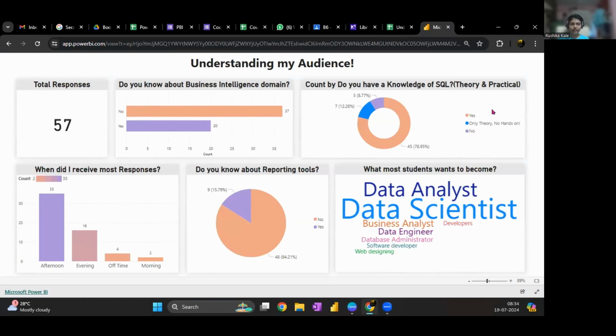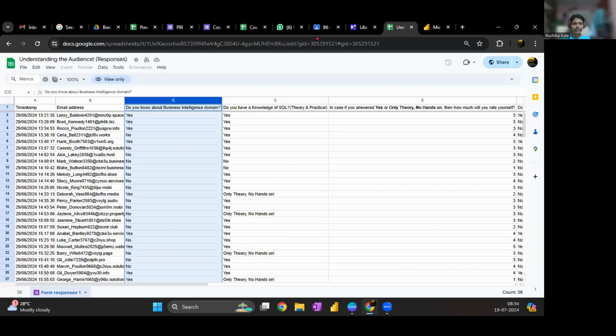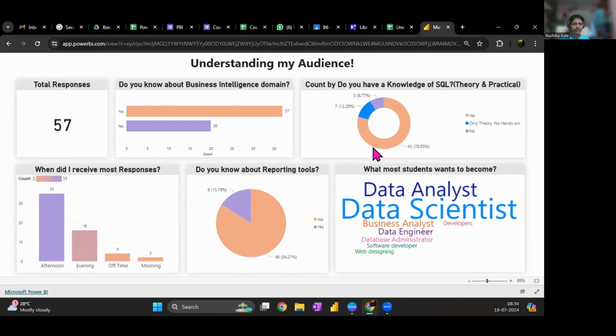How should I talk to them? What is their understanding level? And all the information that I wanted from them, I could understand from all the 57 rows just like that. In any case, I didn't want their exact names, or to pinpoint any particular person. I just wanted to understand as a whole what my audiences are. And having this type of dashboard made that task very easy.